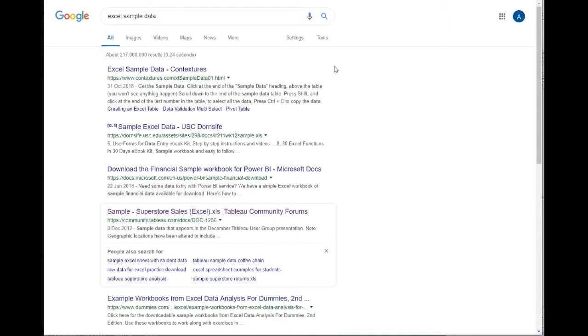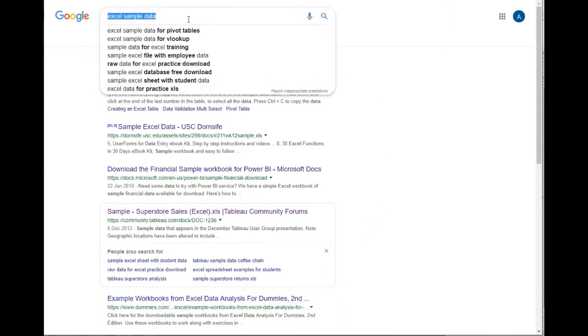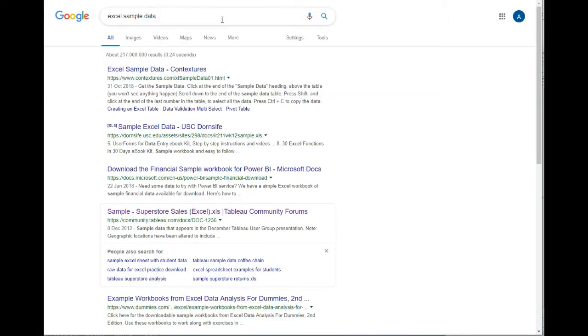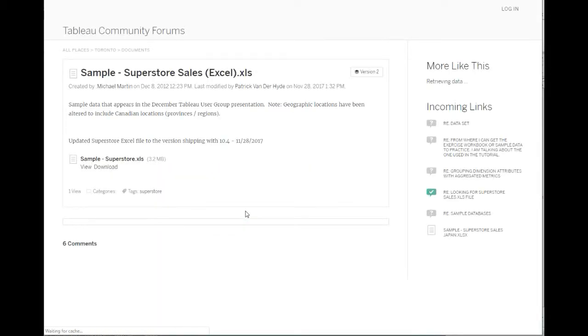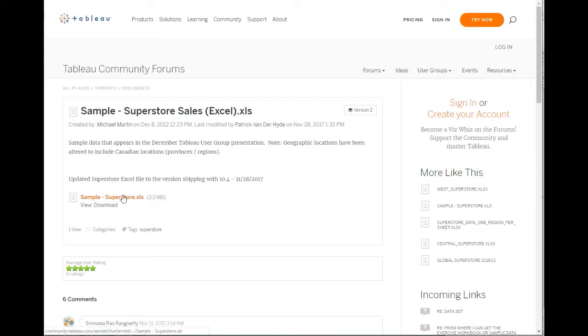So if you go onto Google and type in Excel sample data, or you can type in more of the details here, Tableau Community Forum Superstore Sales, you should be able to find this link. And from this link there's an example of American store sales data to various customers. So if you click on that link,